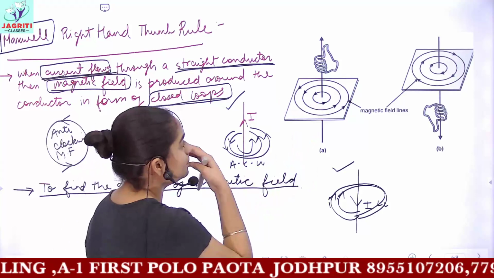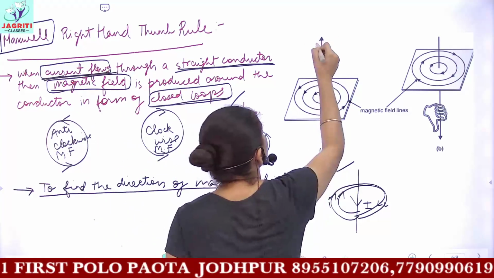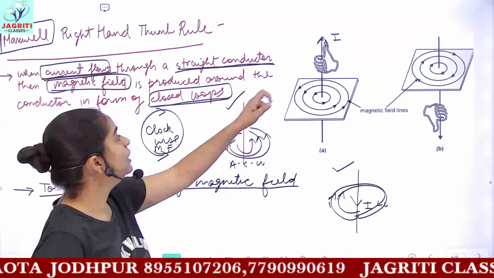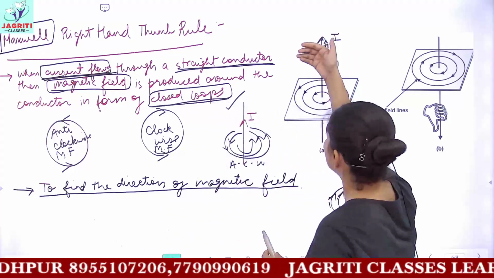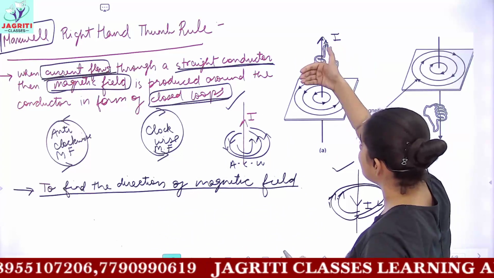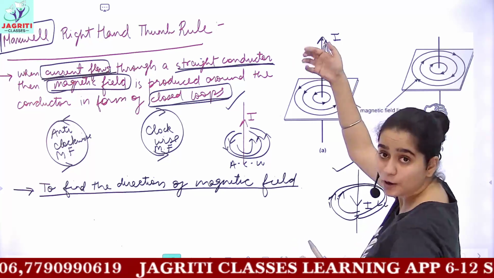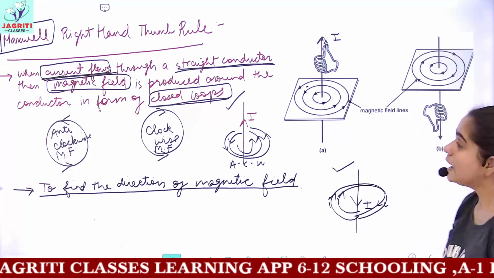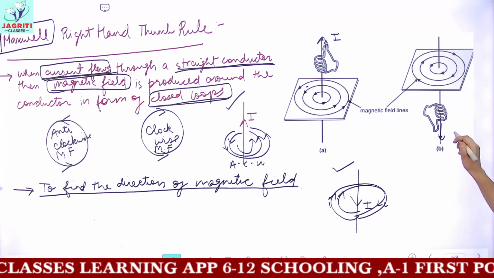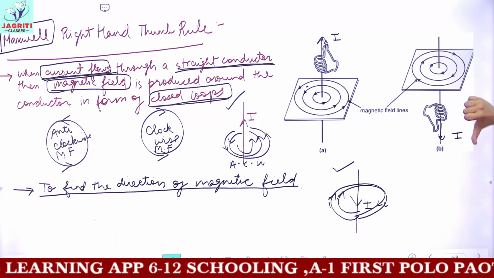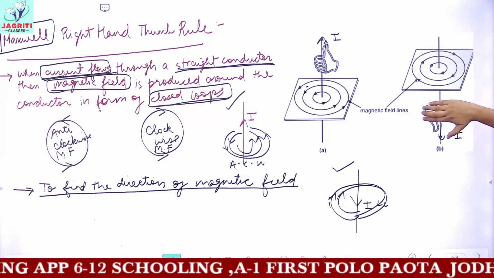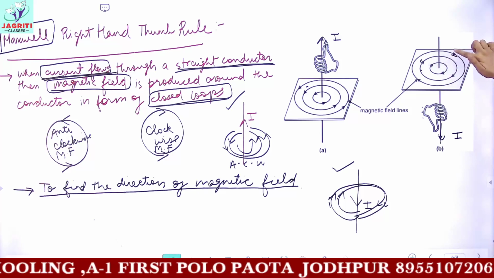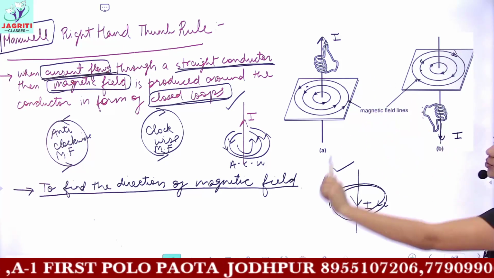This is also again the same, that you have a conductor in which the current is flowing in upward direction. So the thumb is upwards itself, and the curved fingers will show you the direction. In this case, the curved fingers are coming outside from this direction, so these are coming outside and going inside. And if the current is flowing down, firstly you have to arrange your thumb according to the direction of current, and then the fingers like this. The fingers are going inside, so the arrow is inside, and coming outside back, so the arrow is this. So you can make the diagram and you can write the rule.